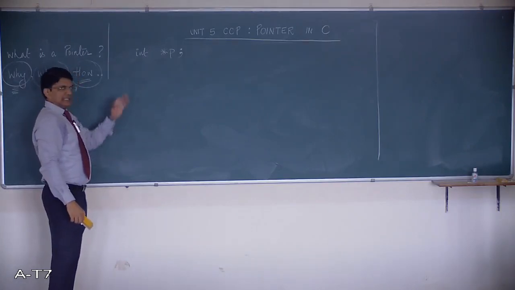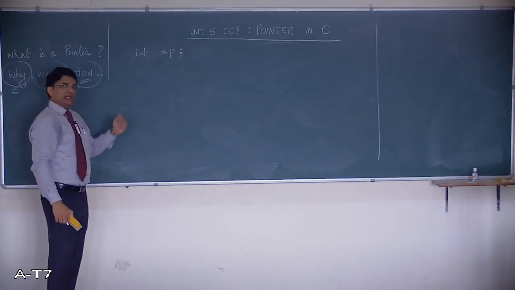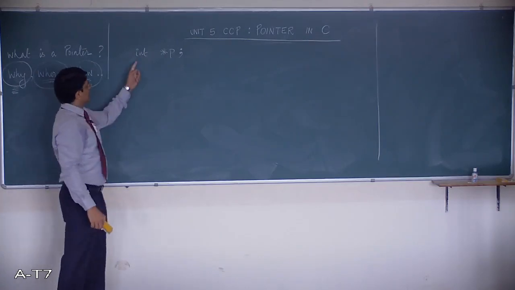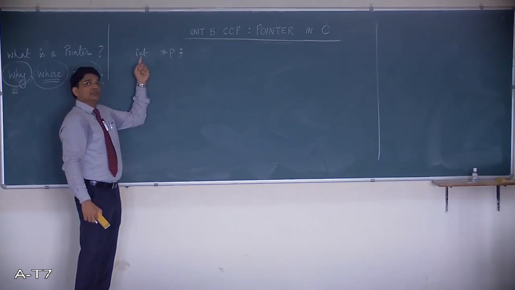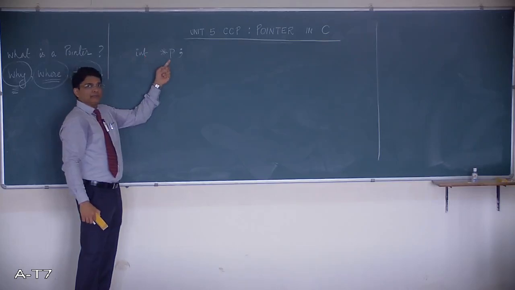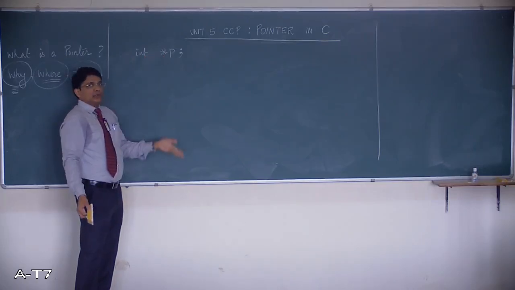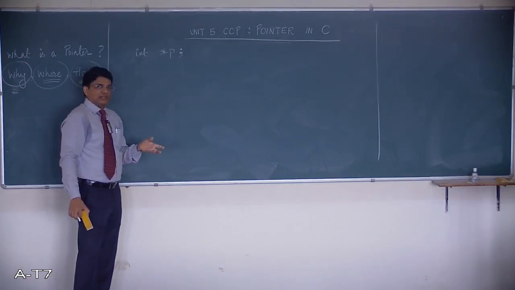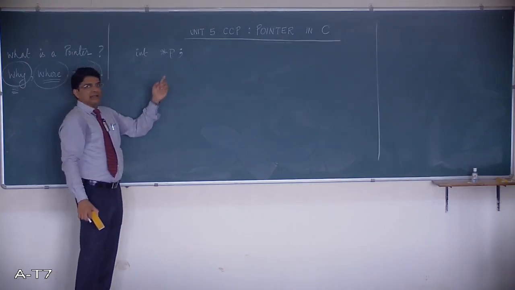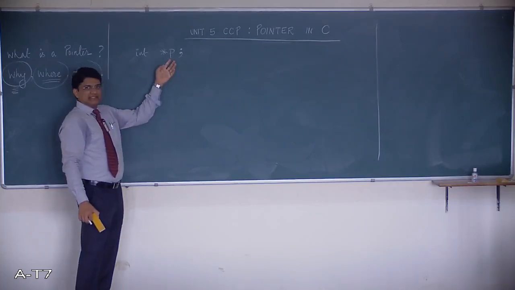Let's have this statement, a single statement. What are we doing here? Yes, we are declaring a pointer variable p which can point to an integer data. Have you understood this? int *p. Star has to be put. Star has to be the prefix of any pointer variable which you are declaring. This name can be anything. In this case, it is p.